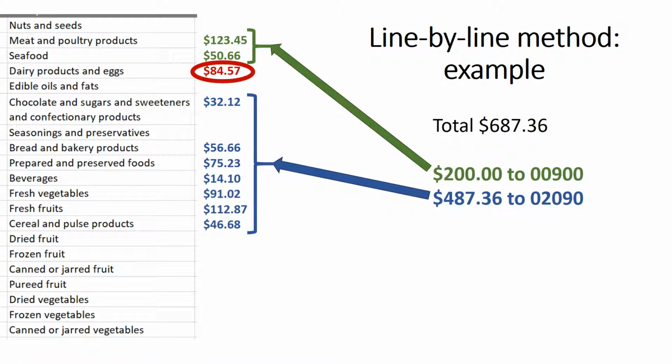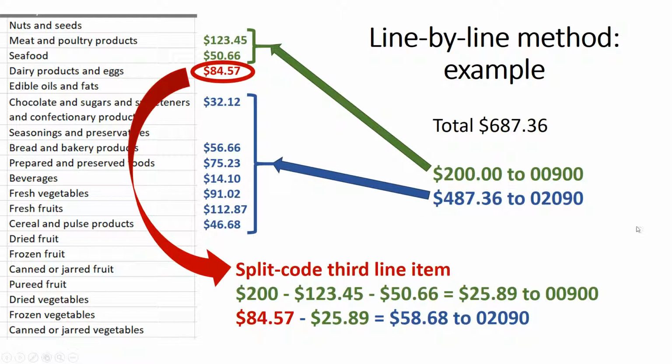The first 2 I'll code to 0900 because combined they are less than $200. The last 7 I'll code to 02090. Only this third item will actually need split coding. I take 200, subtract the first 2 numbers, and get the remainder that I'll need to charge to 0900 from the